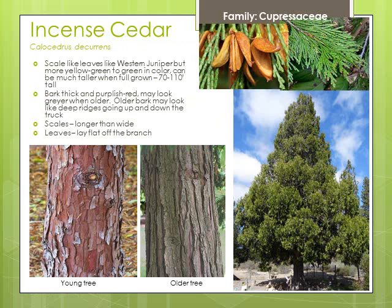Now the incense cedar has small scale-like leaves, sort of like the juniper. As you can see, looking up close, they look a little bit different. They're a little longer and narrower than each scale. So here's a scale, right there's one scale. There's another scale, a little longer and narrower than the juniper. They get up to 70 to 110 feet tall, so quite a bit taller than the juniper. And they have sort of this thick, purplish reddish bark. It kind of gets a grayer color when it gets older, with deep ridges in it when it's older, kind of flaky when it's younger. And the scales are longer than they are wide, and the leaves tend to lay flat